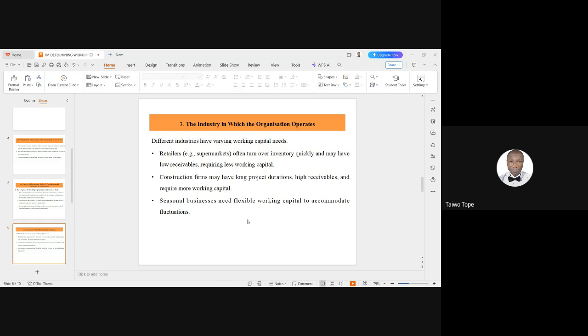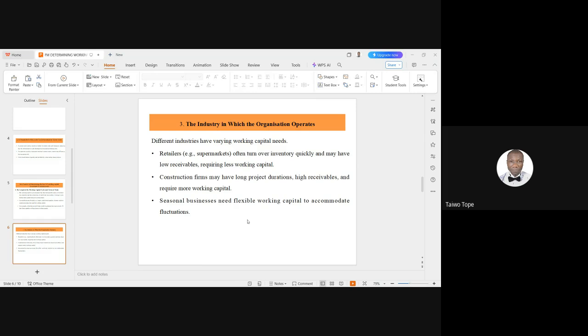So also, we can talk about the construction firm. One of their characteristics is that there are long project cycles, significant upfront cost for materials and labor, and most times delayed payment from clients. Yes, these are features of a construction firm. And the impact on working capital is that large amounts of cash are tied up in work in progress and receivables. You can see construction projects being in a state of work in progress for months, maybe years,